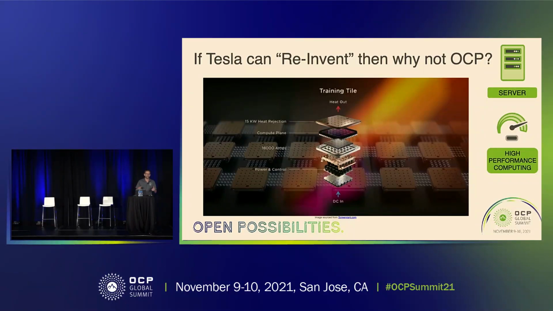So I threw this one in. I don't know how many of you know about the Tesla Dojo machine, the big AI supercomputer, but they've completely reinvented everything to do what they've done with this Dojo machine. And I'm just saying, if Tesla can do it, then why can't we do this in OCP? Now, I'm looking at 1 to 2 orders of magnitude simpler than what Tesla has done with Dojo, but we really need to try and